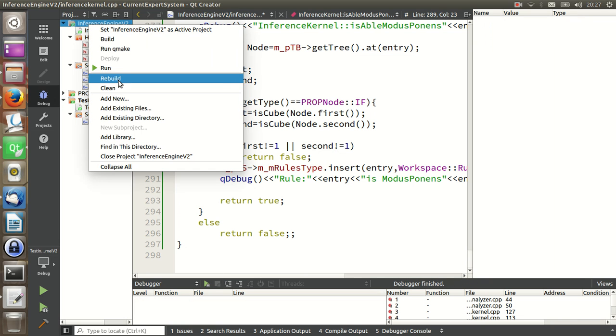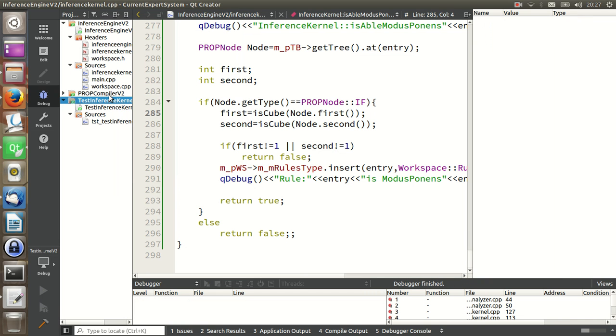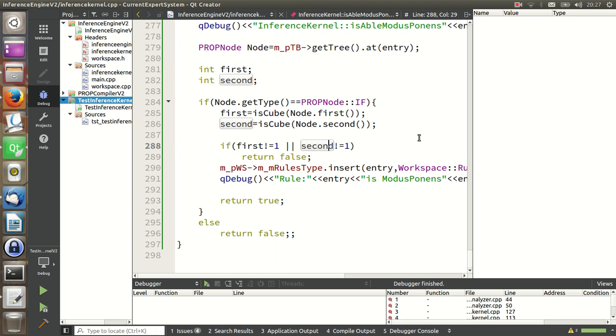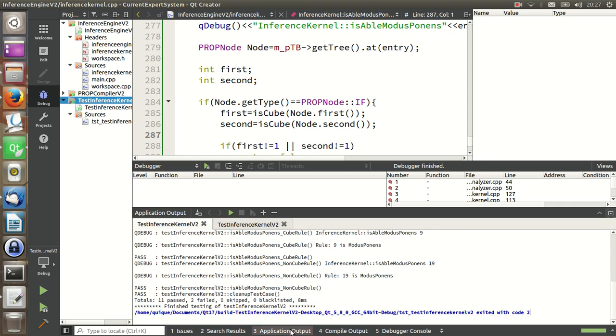The problem is that I need to rebuild again and wait a little longer. But now I'm pretty sure that it's going to work, because even if second is not 1, it's going to return false. So if we run the application,